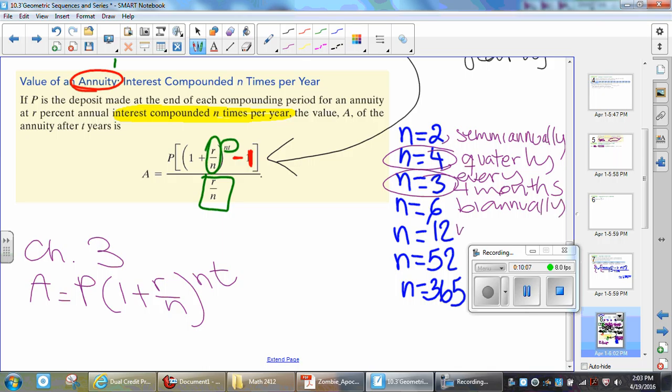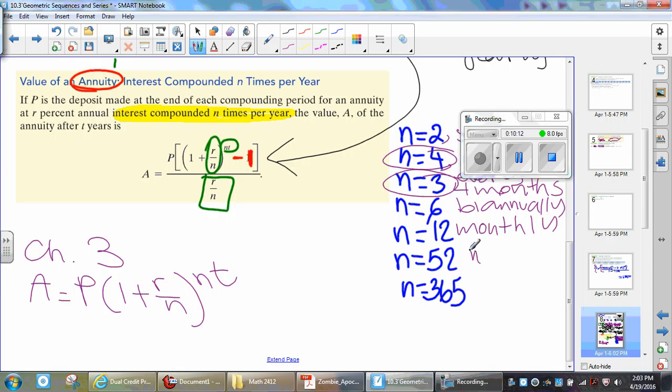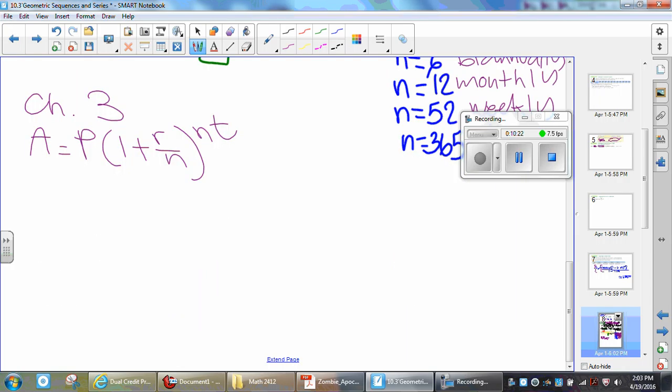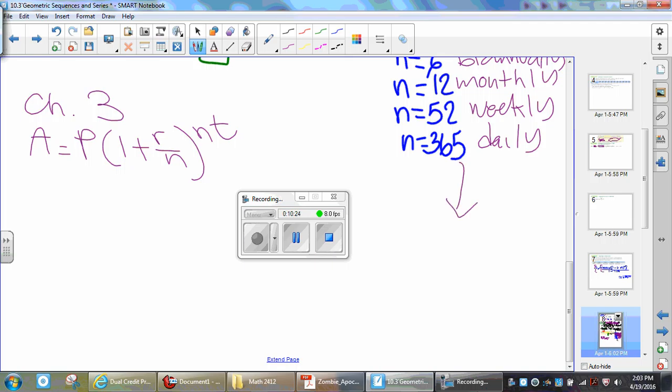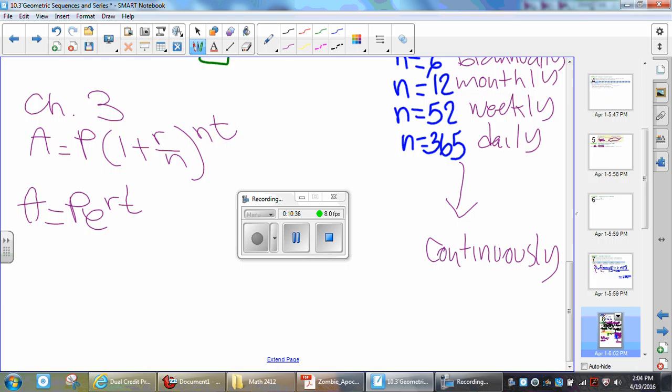Annually, monthly, weekly, 52. And daily, hourly. From daily, we actually go to something else, the continuous one. Continuously. That was when we used to use this formula. And actually, the e, if you look at the poster up there when you get a chance,